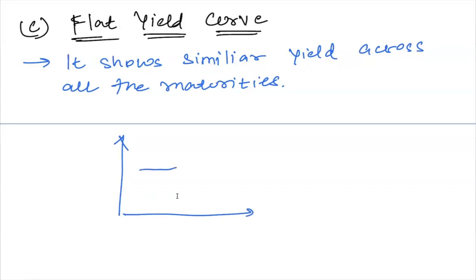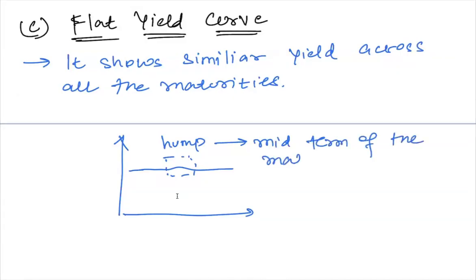It will have this hump, where in the mid-term maturities, which is basically between 6 months to 2 years,